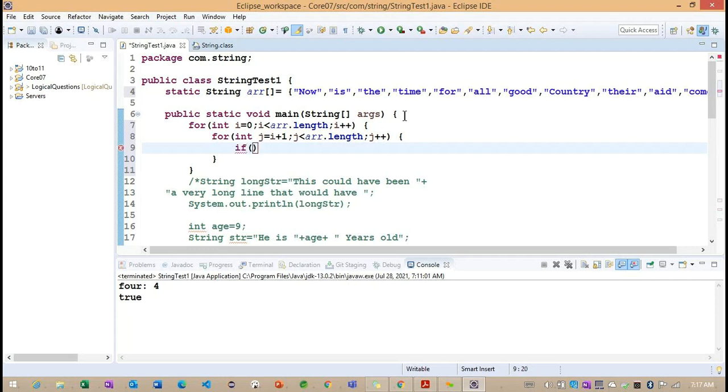So what I'm trying to write here: from this arr, I'm trying to provide the i value, and compareTo here we need to provide the j value.